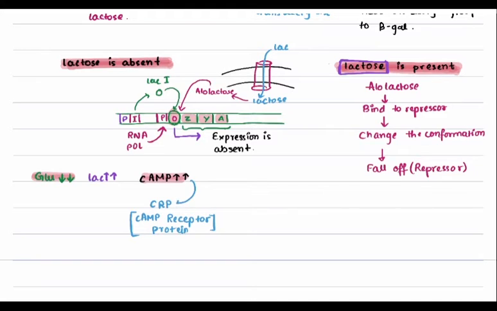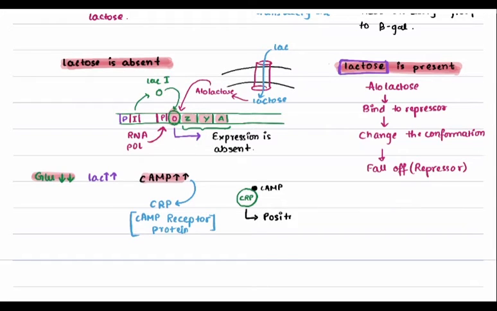So cyclic AMP comes and binds to the CRP. If I draw it over here, if this is CRP, then cyclic AMP would come and bind to CRP. And together, this cyclic AMP and CRP